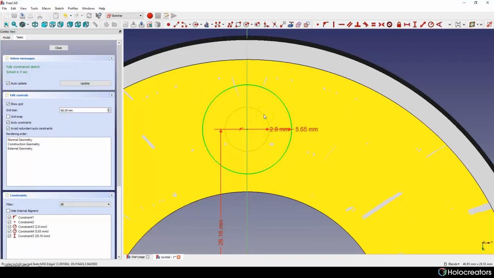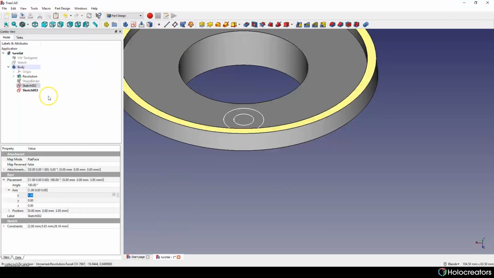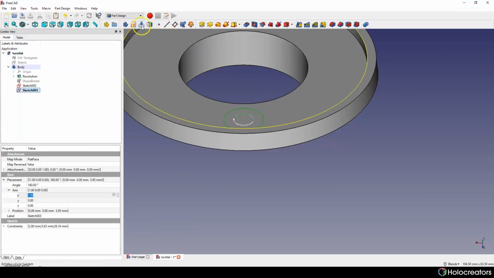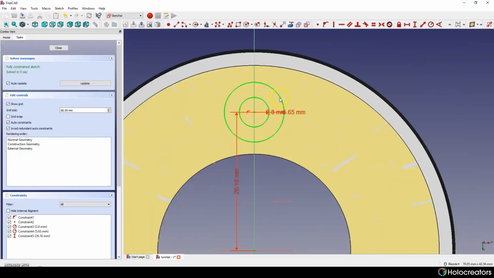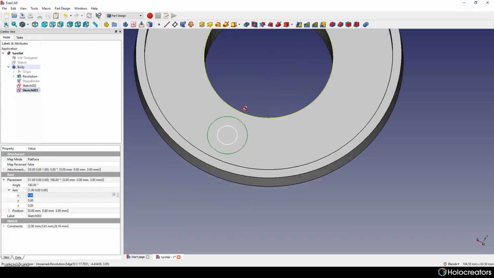We can do it basically just choosing our circle that we don't need, and we can make it construction shape. Okay, and we're gonna do the same with the other sketch, but we will choose another circle. And now it looks like everything is set up correctly.